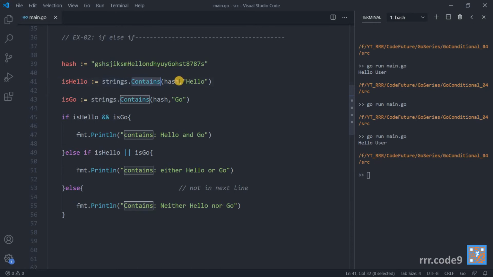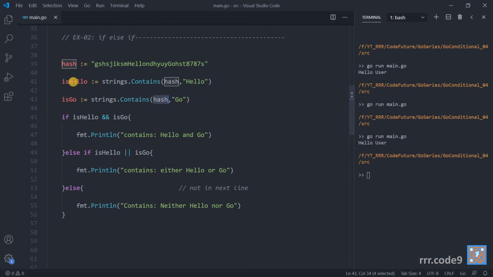What it does is search for the second string in the first string, and if the second string is present in the first string, then it will return true, otherwise it will return false. The same thing we are doing for the second string, that is go. So hash is the main string, and hello and go are the substrings.